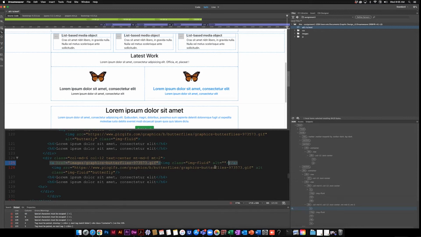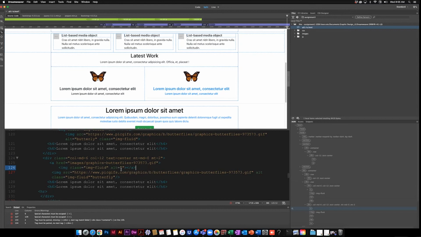And I'm going to put in my right angle bracket. I'm also going to put this onto a new line because it's just easier to read if you just have one element per line, or try to. So again, on line 127, it says the same thing. So it's probably